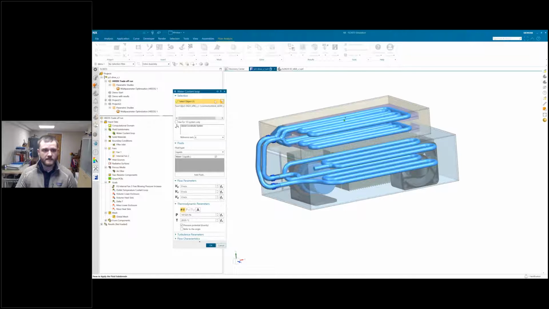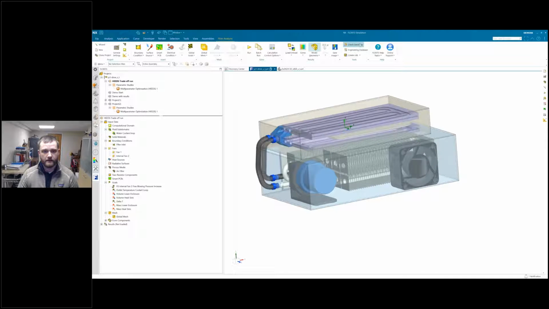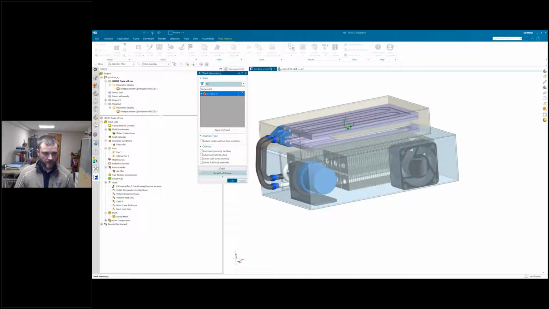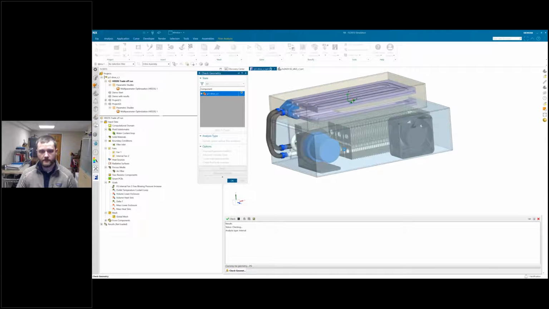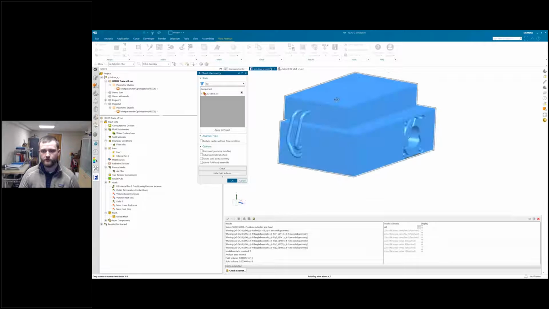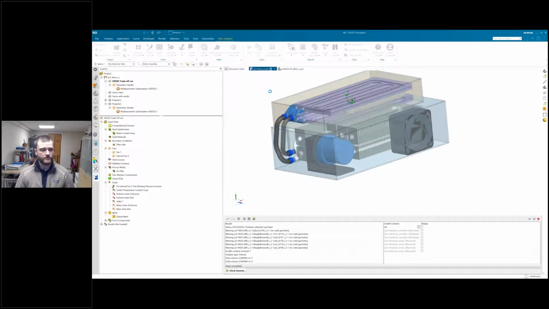And FlowEFD has the ability, if you have issues with a leak somewhere or something like that, to find it. One of the things we can jump back and do is show how, if we had just imported this geometry, we can check it really easily. So we have this check geometry option here, where we can run a check on our geometry, to make sure that if it's an internal flow, we don't have any leaks. And you can see here that it found one little issue, but it fixed it. That's a testament to the ability of FlowEFD to handle dirty geometry. But we can also show our total fluid volume here and make sure that it looks correct for what we're trying to simulate. So we'll just close that up.